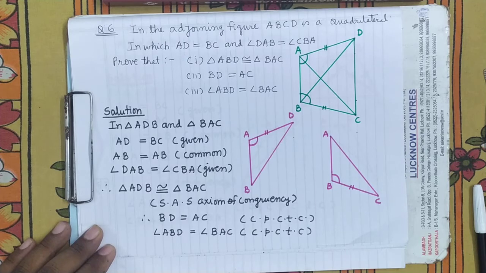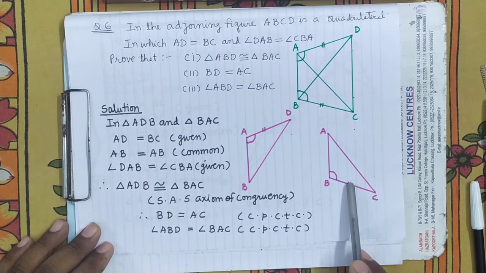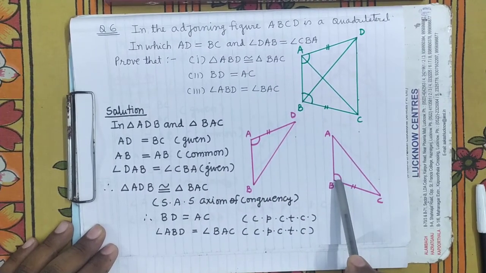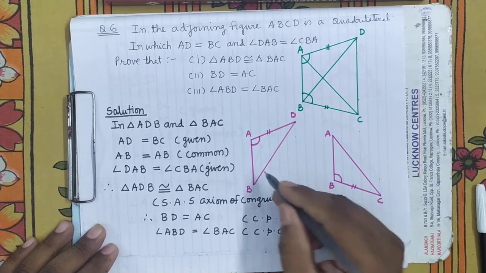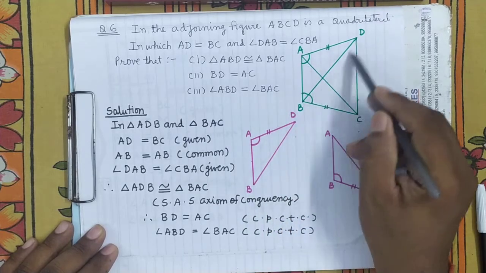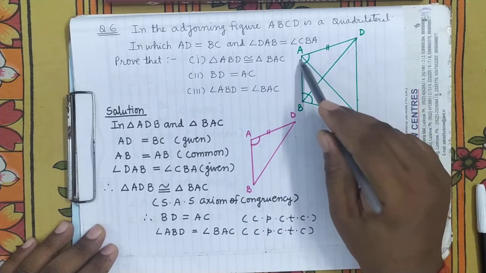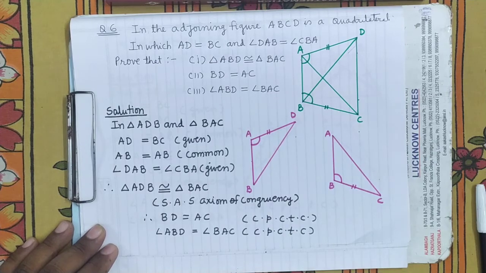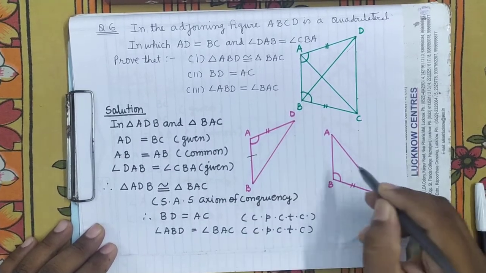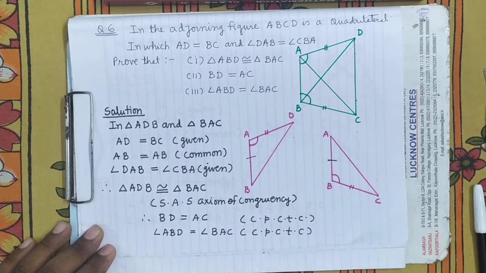Now if you see here in both the triangles, what are the things which are given equal? This side equals this side, given. This angle is equal to this angle, given. Now where is the third side? The third side you can take AB, because you can see here AB is in this triangle as well as in this triangle. It is in both the triangles. It is clear? So that I have represented by this.